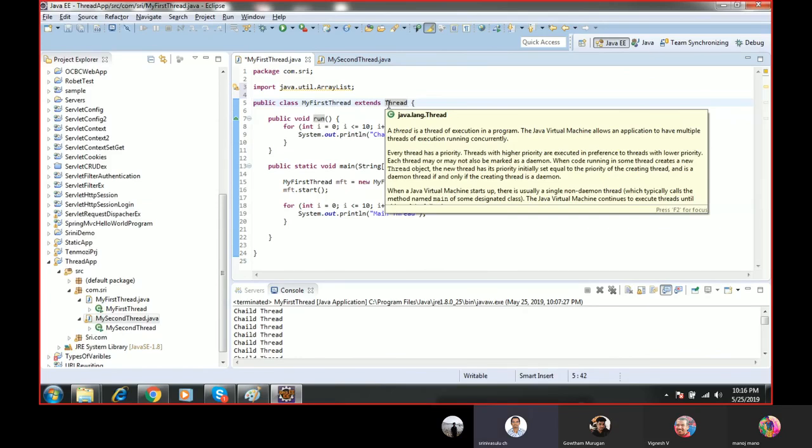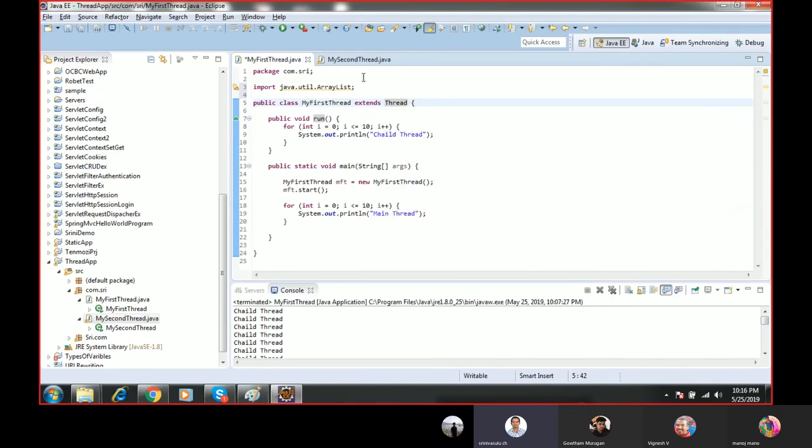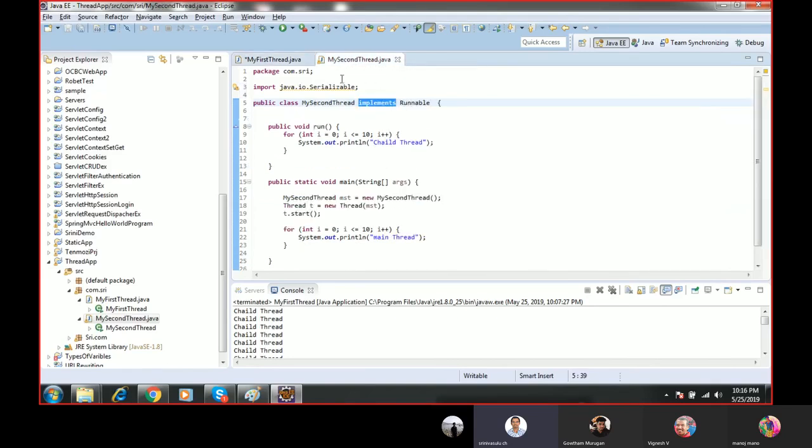In case my class requires other behavior, I cannot get it. But whereas by implementing the Runnable interface, I already have a thread behavior, and then